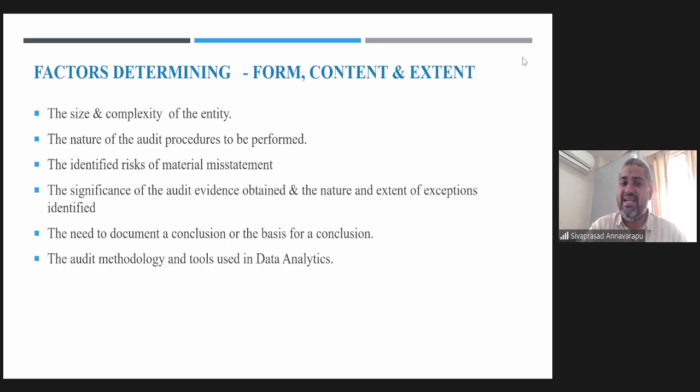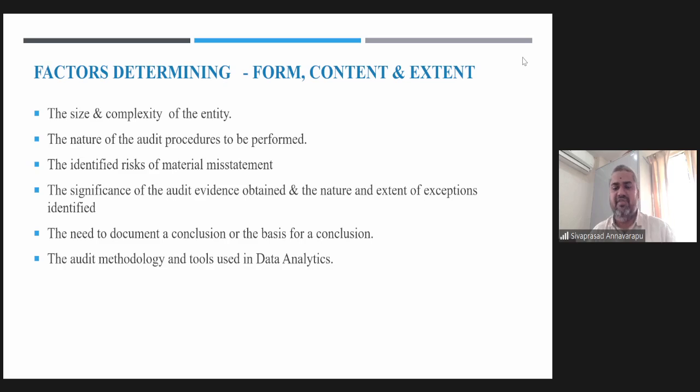So therefore, the significance of the evidence obtained and the need to document a conclusion and the basis for that conclusion matter. Based on all these factors, what kind of conclusion have we drawn, what is the basis of that conclusion, what audit methodology and what type of data analytics have we used to arrive at a particular conclusion, why this sample and why not any other sample, how to prove that it is not affected by some bias.